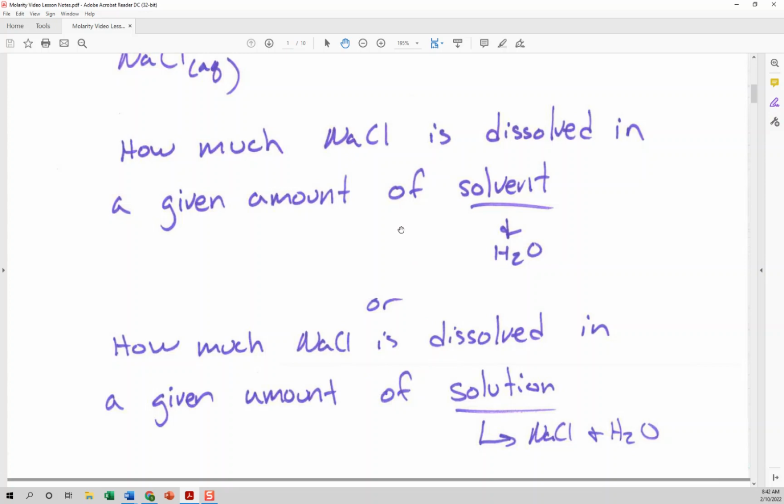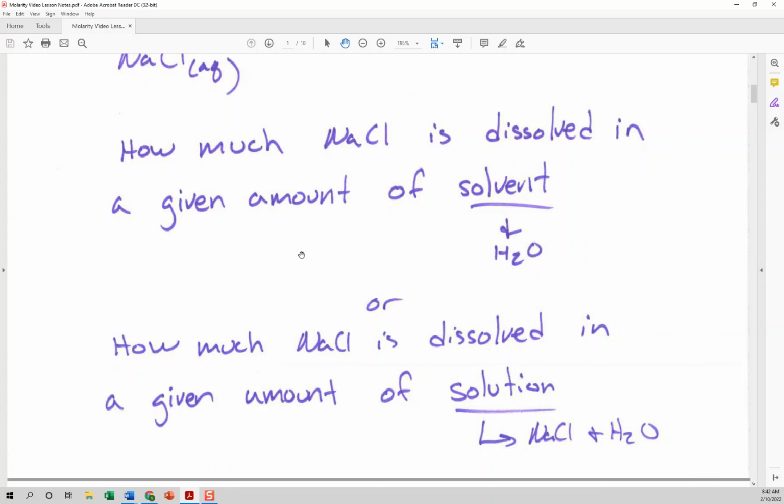And then, kind of just some vocab. If I say the solution's concentrated, what does that mean? It usually means I got a lot of stuff dissolved in it. And if I say the solution's dilute, that's kind of a way of saying I don't have that much. So if I have a concentrated salt solution, I got a high concentration. I got a lot of salt in a given amount of solution. But if I have a dilute solution of salt, then salt water, then maybe I don't have that much dissolved,